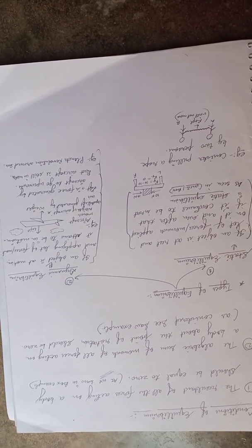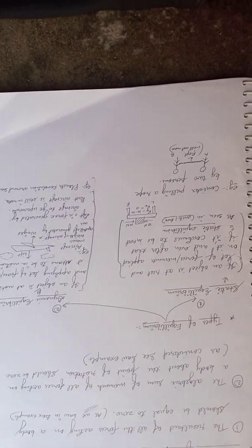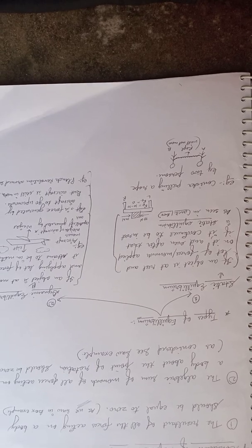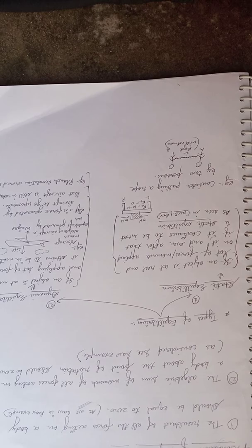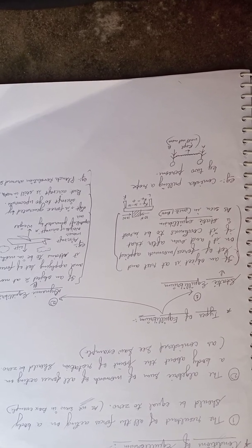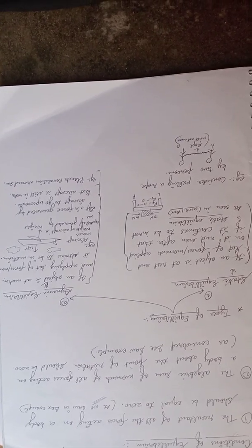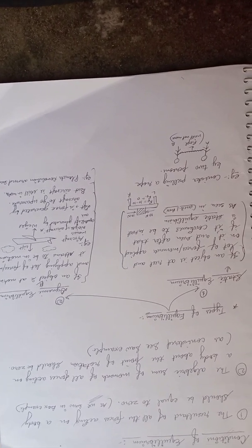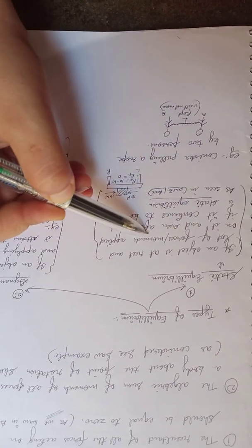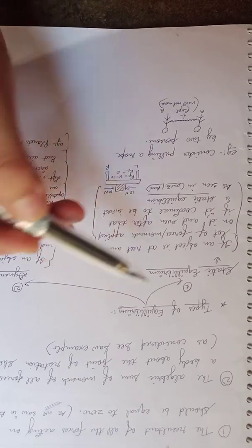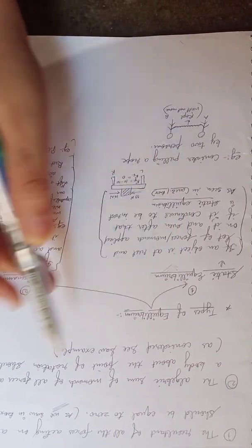Now coming to types of equilibrium. Equilibrium is classified into two types, where the first one is static equilibrium and the second one is dynamic equilibrium. Now the word static itself, what does it mean, students? Could you please tell what this word static stands for? Static stands for rest. Whereas dynamic is the opposite of it, that is, in motion. So if an object is at rest and a lot of forces or moments are applied on it, and even after that it continues to be at rest, then that is called static equilibrium.